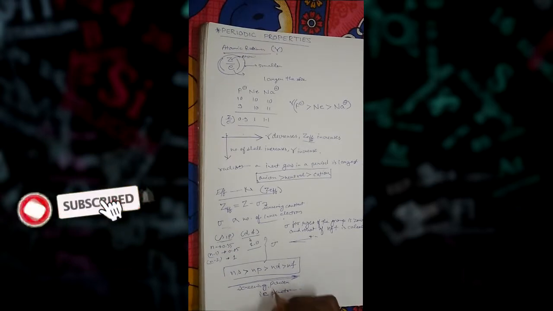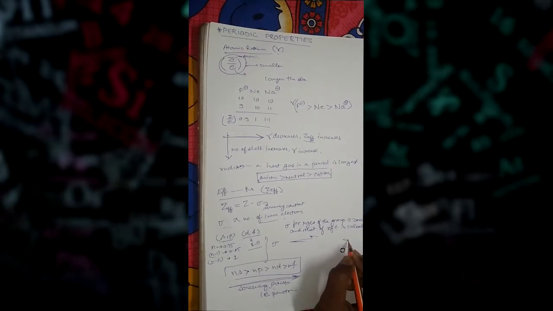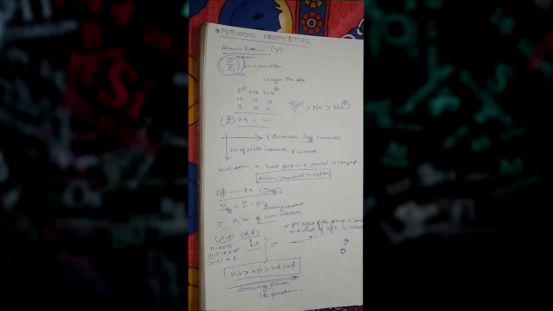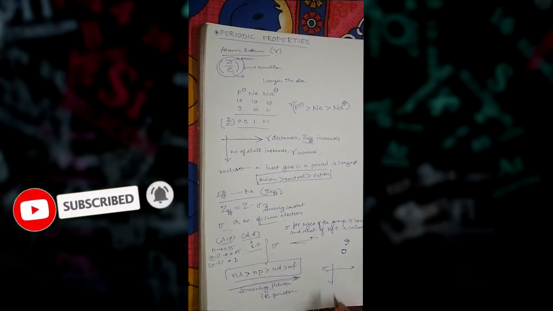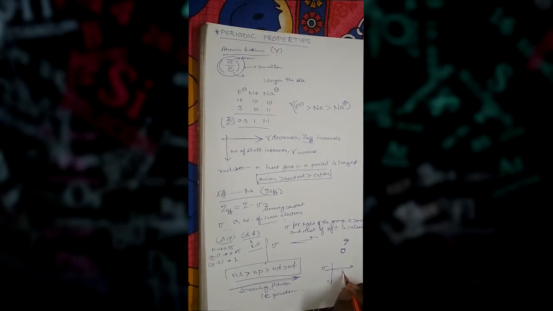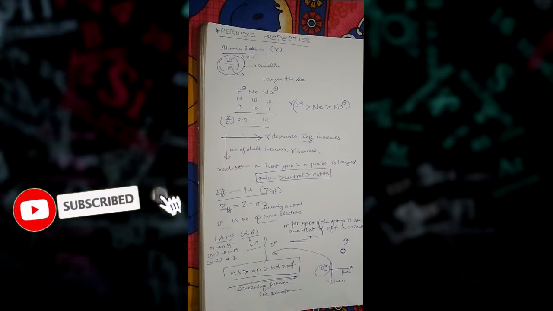Now what is screening power? Screening power means the nucleus is attracting some electron. Okay, now how the screening power varies in the periodic table, it is increasing. Another thing you can calculate like this, so it's not that hard. Okay,